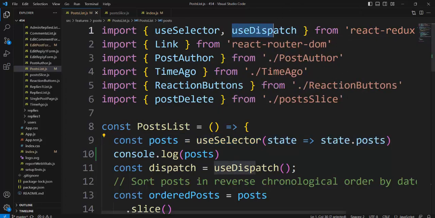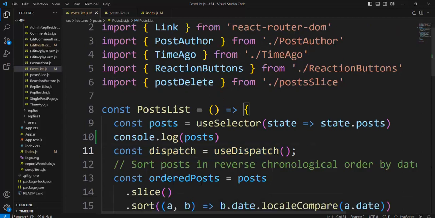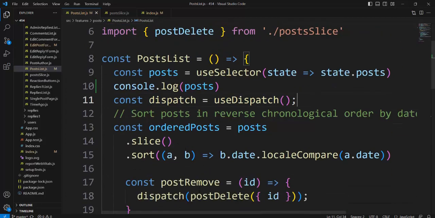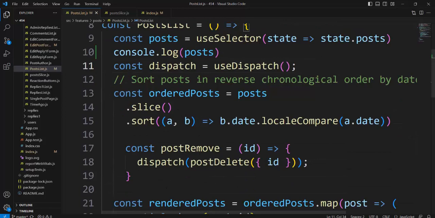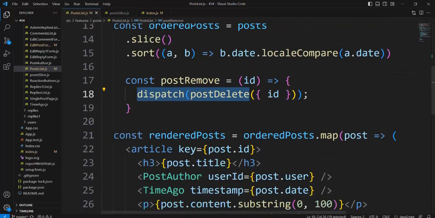The useDispatch hook or function is for creating a dispatch method. Here is a declaration of method dispatch by useDispatch hook. And after that, we have method and we dispatch, look at dispatch here, dispatch post delete,